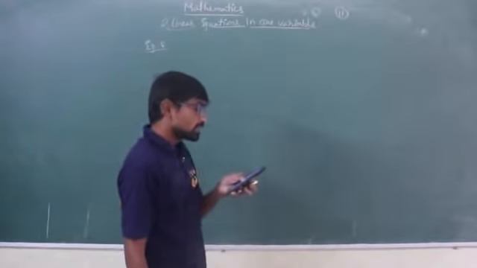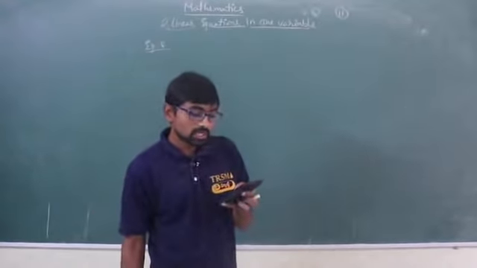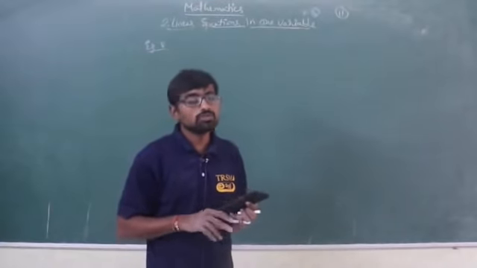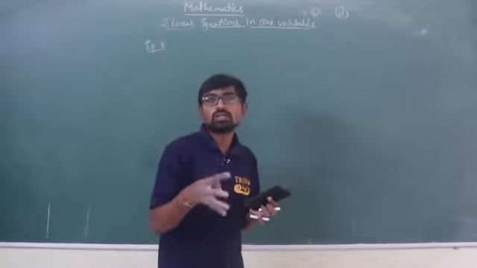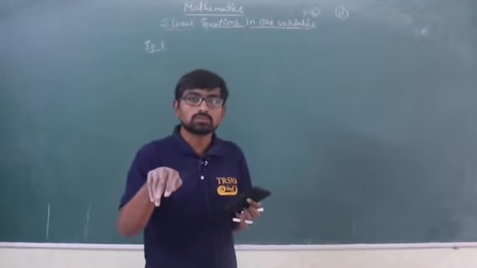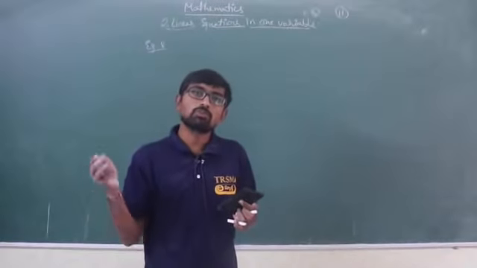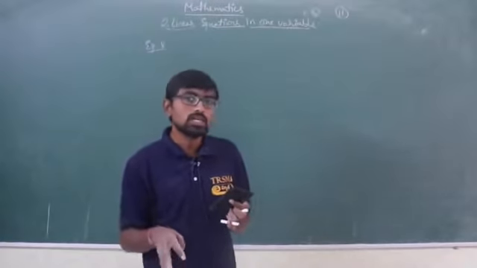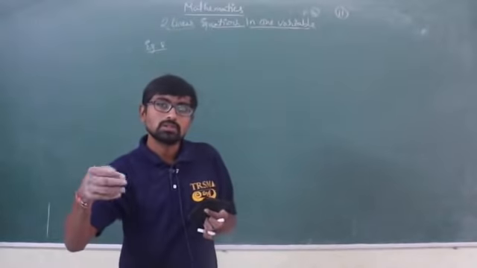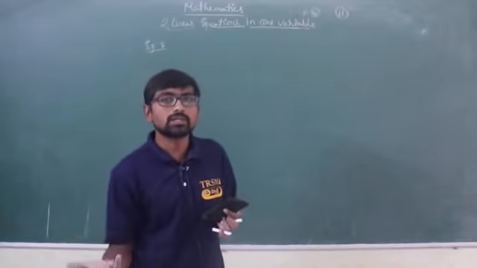First, see here, the present age of Vijaya's mother is 4 times the present age of Vijaya. If Vijaya's age is 4, then what is her mother's age? It is 4 times. It means that I have to multiply 4 by 4, isn't it? Vijaya's age is 4, her mother's age is 4 times. Okay, so 4 into 4 I will be getting 16,